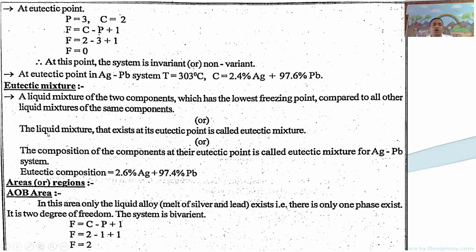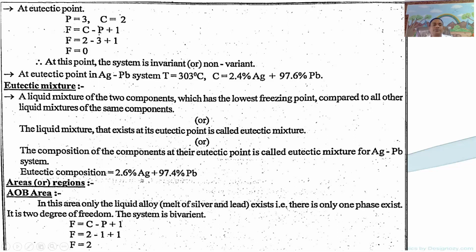Or, the liquid mixture that exists at its eutectic point is called the eutectic mixture, or the composition of the components at their eutectic point. In the silver-lead system, the eutectic composition is 2.6% silver and